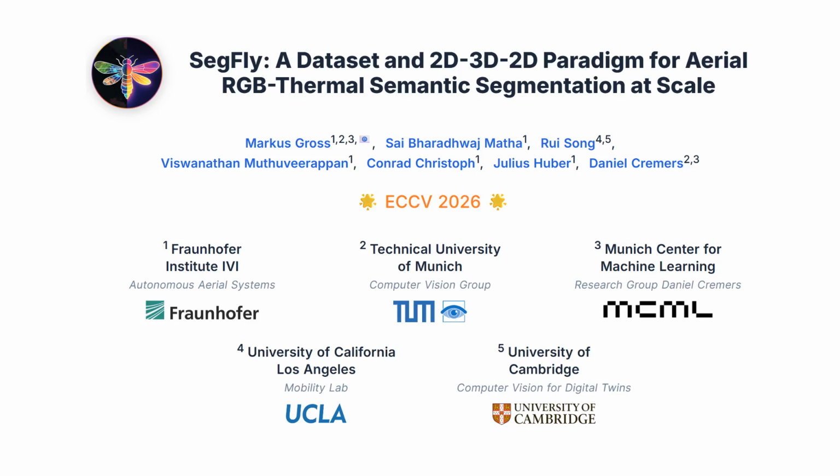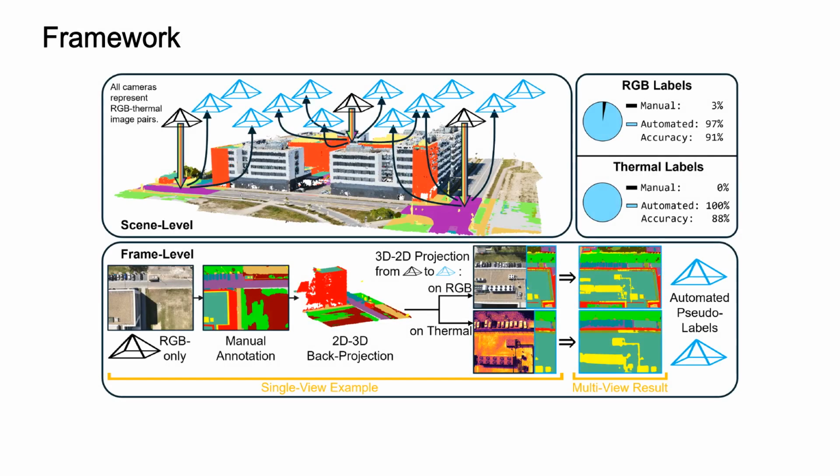SegFly, a 2D-3D-2D paradigm for aerial RGB thermal semantic segmentation at scale. In this work, we present a geometry-driven framework for constructing large-scale RGB thermal semantic segmentation datasets from off-the-shelf uncrewed aerial vehicles, also called UAVs. Our central objective is to transform a small set of manually annotated RGB images into dense